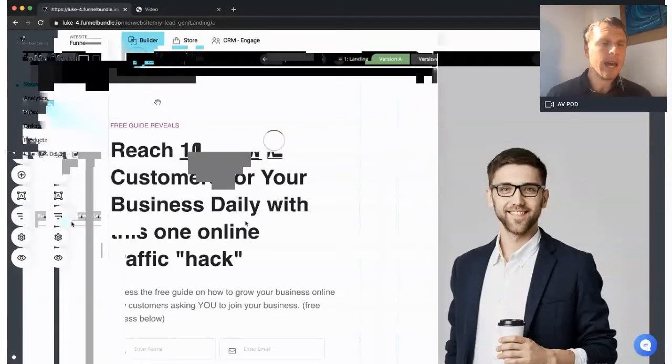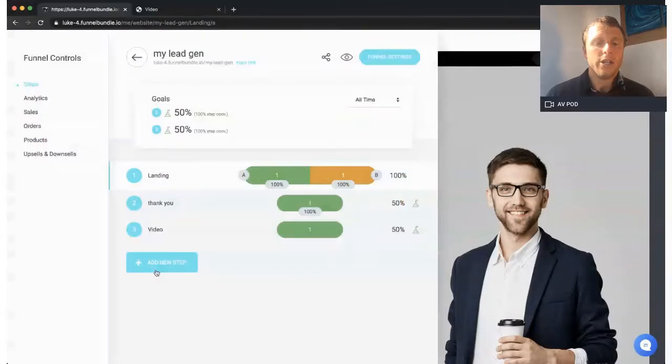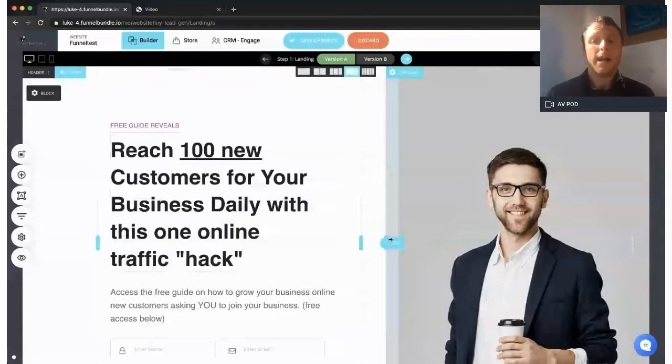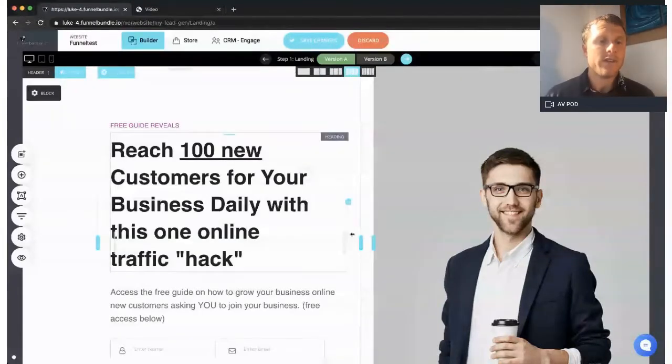So look, I think that is a bit of a demonstration. If you haven't played around with the builder already, then get in there and build this. I mean, it's very, very simple. You can add a new step. You can drag the steps around. You can edit any page. Of course, I haven't shown you, if you're not familiar, guys, you can just drag things around. You can resize everything and basically customize whatever you want. Okay, you can play around with this yourself, and you can add new elements over here if you haven't done it already. Choose the element that you want to bring in, drag it in, and it's in, and you can edit it. So go have a play with it, because it's very simple to build a quick lead gen funnel